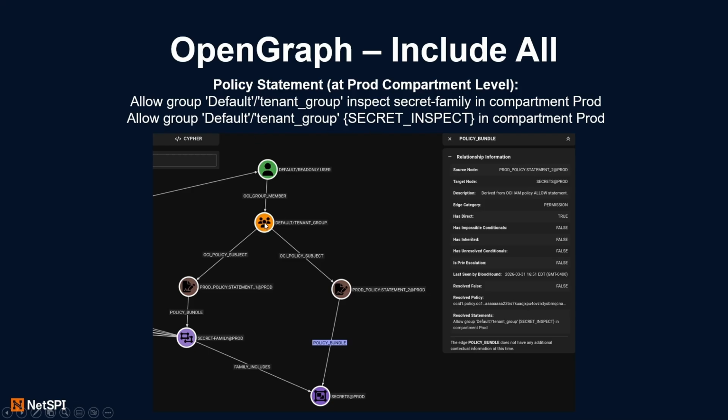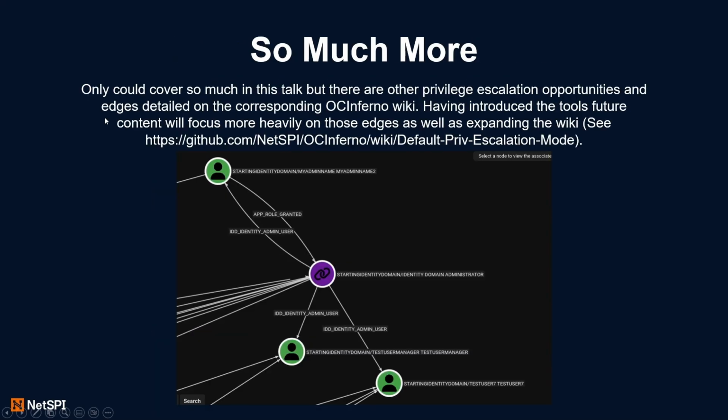So the tenant group is the subject of each of these individual policies, and if there's an edge leaving a policy that is not a privilege escalation or lateral movement edge, it gets placed in a generic policy bundle edge. And you can click into the policy bundle edge to see what the actual policies are. If you do include all, you'll see a bunch of these policy bundle permissions, and so you can see, okay, this node, maybe it's not privilege escalation over the bucket, but it still has some relationship to it.